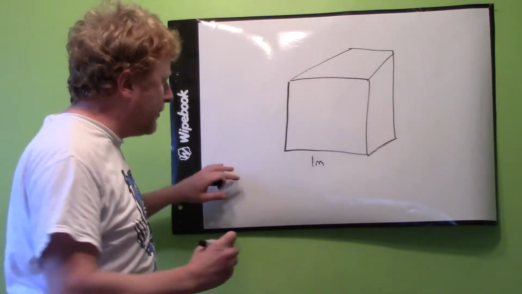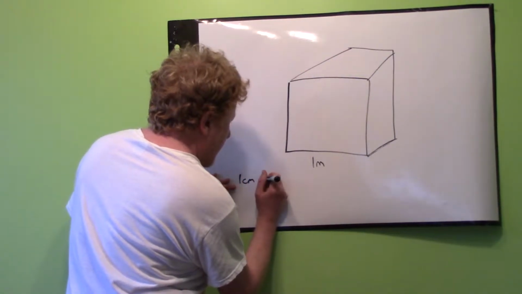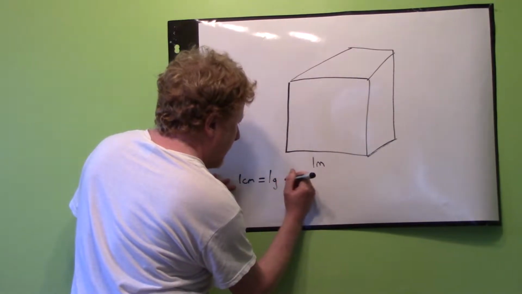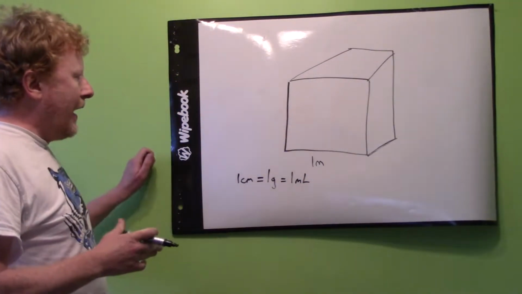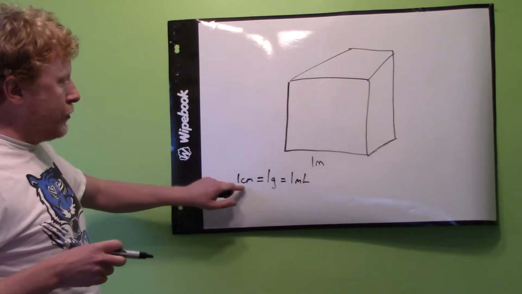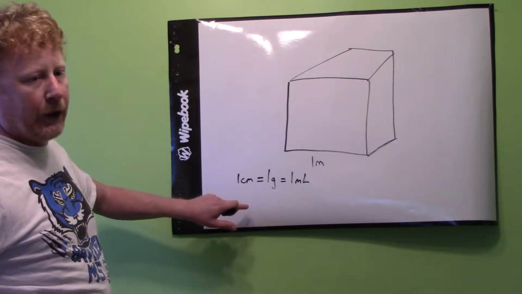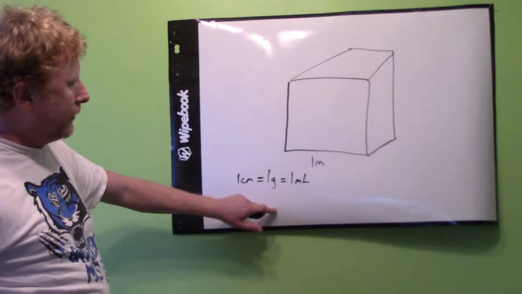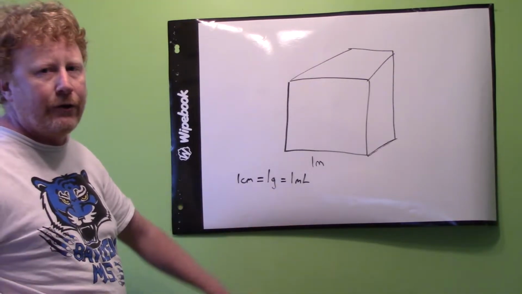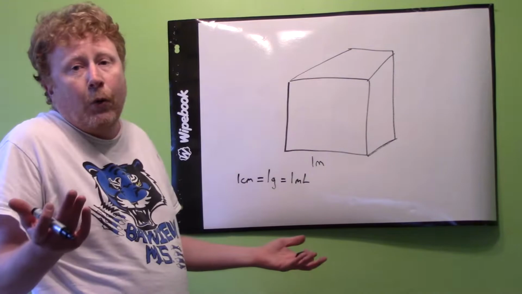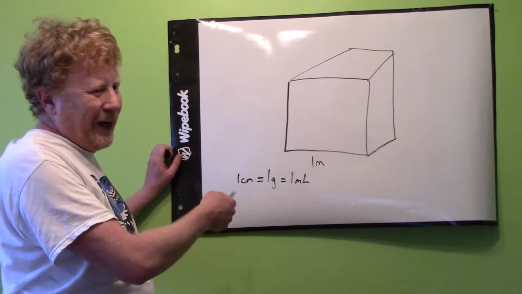And so the first thing that we need to know is that 1 cubic centimeter equals 1 gram, which also equals 1 milliliter. And then you should know how many centimeters make up a meter, how many centimeters make up a kilometer, how many grams make up a kilogram and a ton, and how many milliliters make up a liter or a kiloliter. But to be honest with you, kiloliters are hardly ever used, maybe to fill a pool or something like that. But it's not used very often, nor is ton. But anyway,